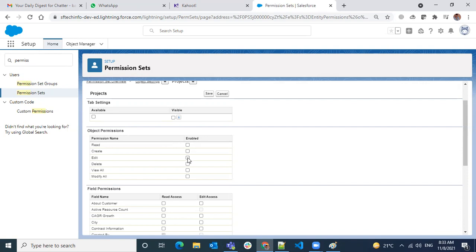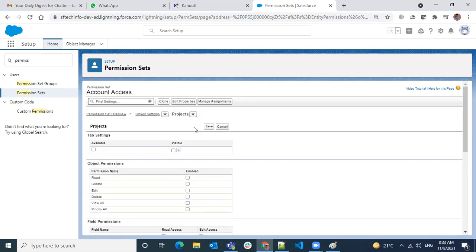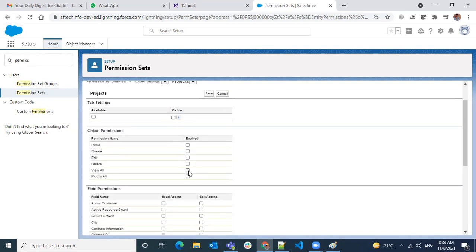Say on the profile you have not given modify all or view all, and in this permission set you're going to give view all and modify all permission. Or let's say you give only view all permission, and in the profile you have edit and delete also. It doesn't mean that you're going to remove that edit and delete if you assign this permission set. You're going to give an additional permission, the read and view all permissions, to the specific user.